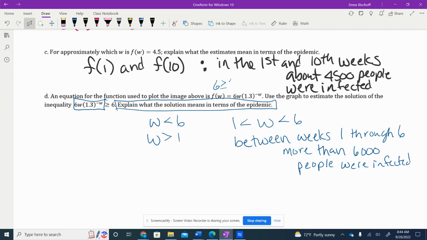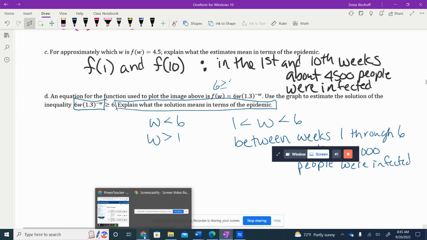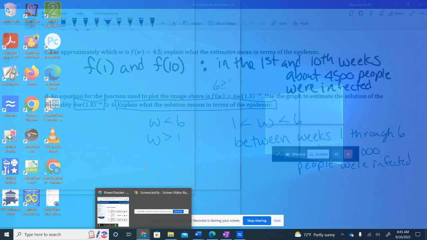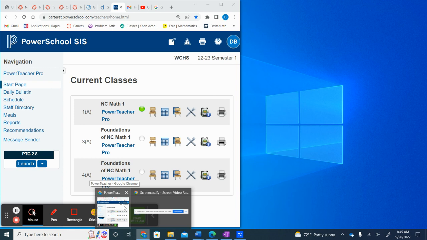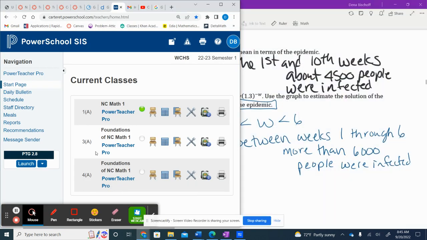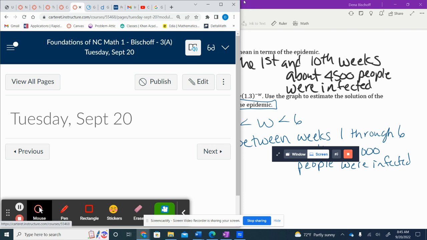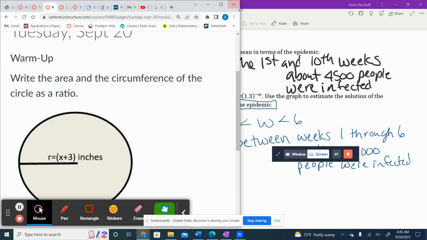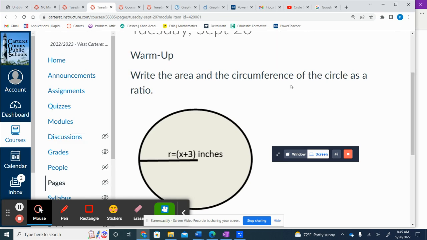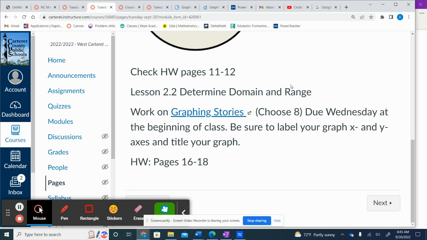Okay. So our homework for today, you have 2 things. You have pages 16, 17, and 18, which is really questions 9 through 15. But what else is due tomorrow? Your Desmos. Do you want me to do one of those graphs together with you? Your homework are pages 16 through 18. And remember, you have your graphing stories, and you need to choose